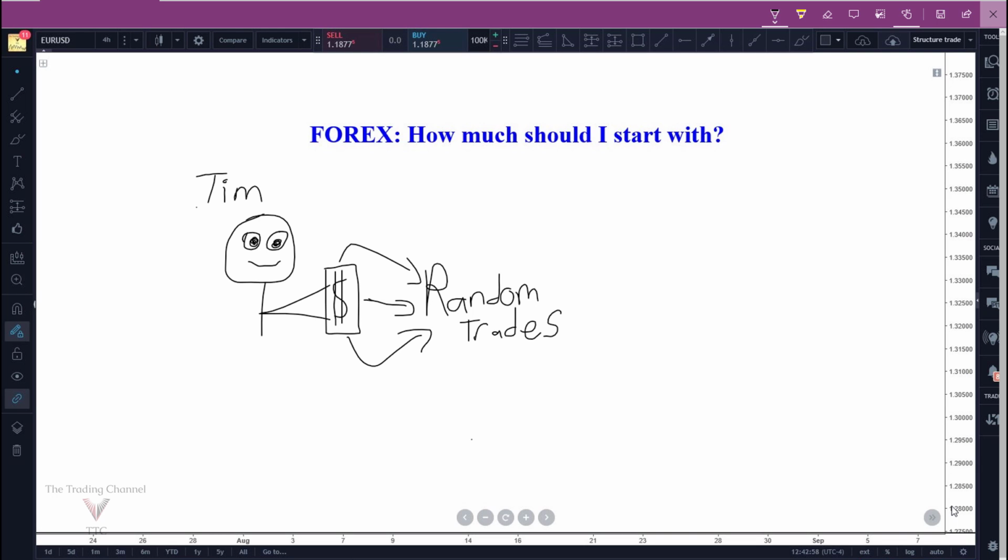Now in my opinion that's not a great way to do it, but before we get into how much to start a trading account, I want to take a step back and talk about when to start a live trading account. It's very important to understand that there is no reason for you to have live money in the market until you are a profitable trader. And I'm going to share something with you guys that I hope will help you to understand that a little more clearly. But let's take Tim here, for example.